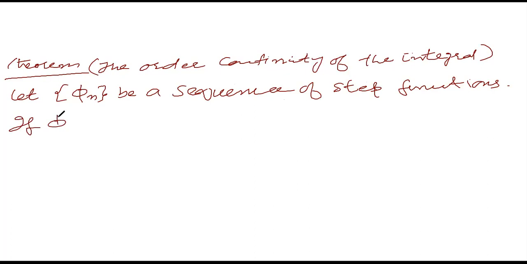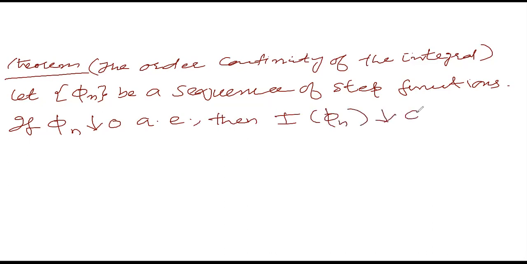if phi n decreases to 0 almost everywhere, that means this sequence is a decreasing sequence and its limit is equal to 0 almost everywhere, then the integral of phi n will decrease to 0. And in particular it shows that